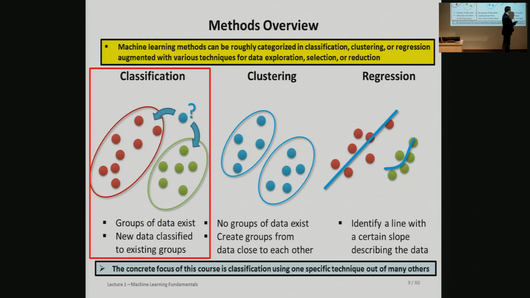I will talk now a little bit about it in an informal way, not really going very deep into the details, but this is a topic where we already have groups existing. Some data already has certain group items, and in many cases we call that labels. So you have a label for a data set, which means these are the red ones, these are the green ones. Of course, in practice that would mean these are the groups that like George Clooney as an actor, and these are the groups that maybe don't like George Clooney in the movies, if there's any dot at all actually in this group, you never know.